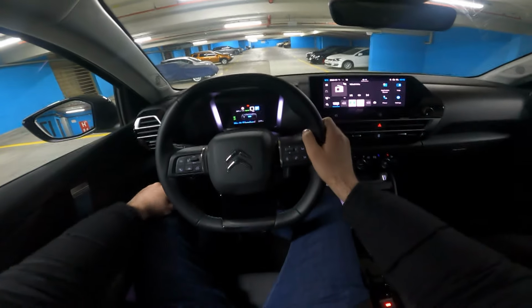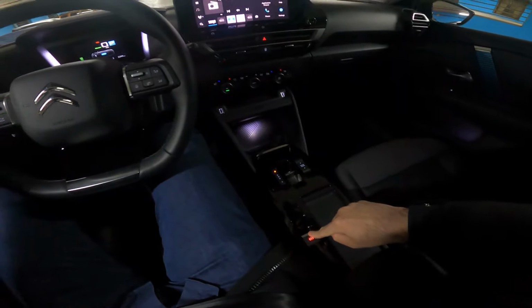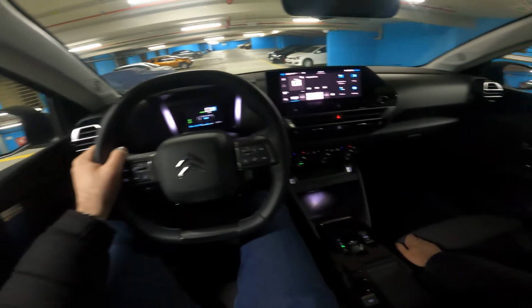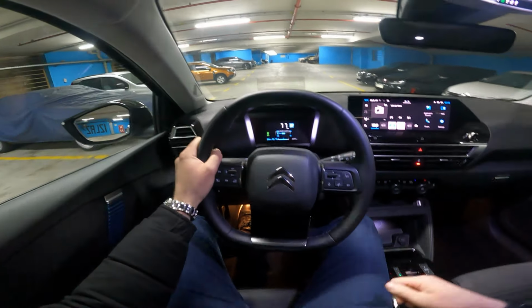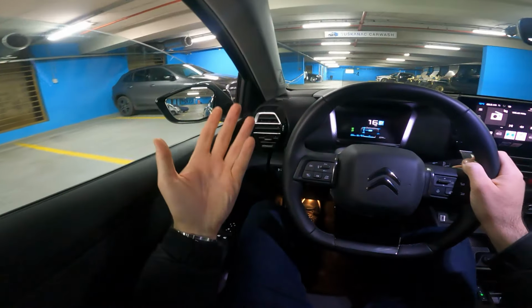So you can see the lovely layout in front of us. And this is the electronic parking brake. Let's release it, put the car into drive. This is the minimalistic gear selector. And we are ready to go. Okay then, so let's start with the specifications of the model in our video, and you can hear the lovely